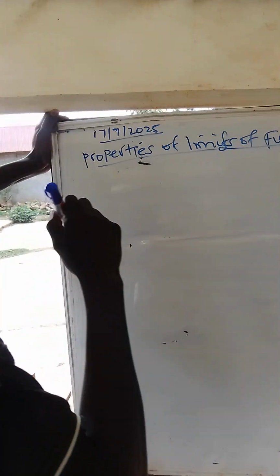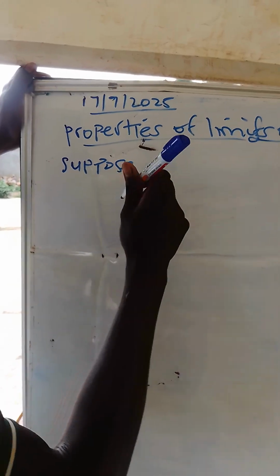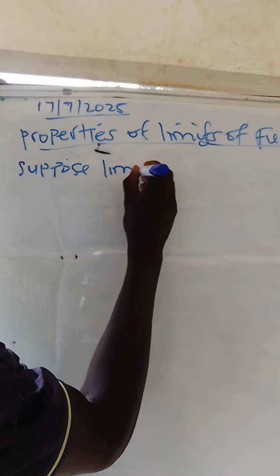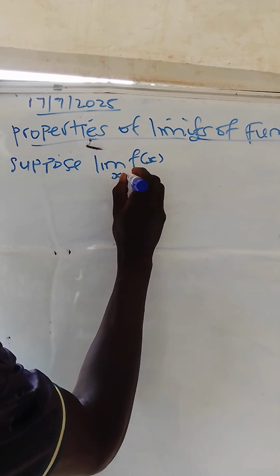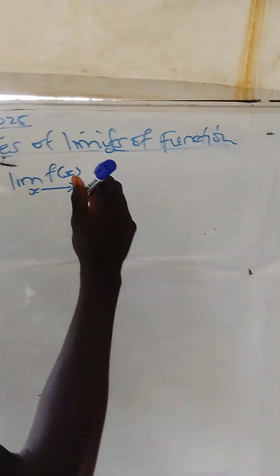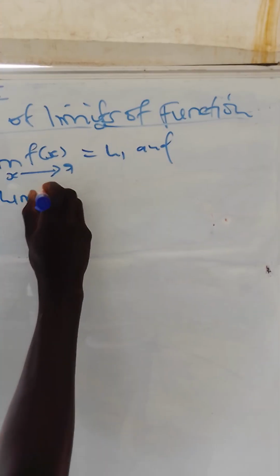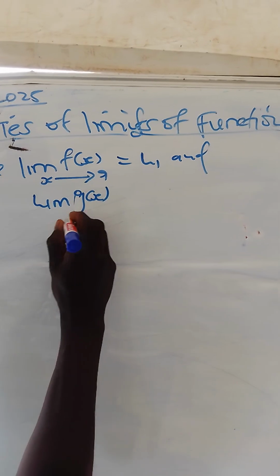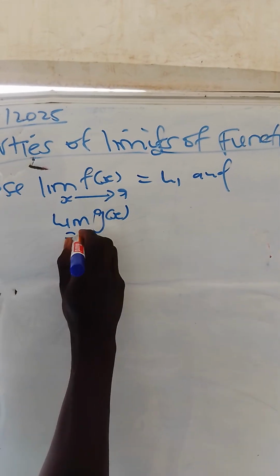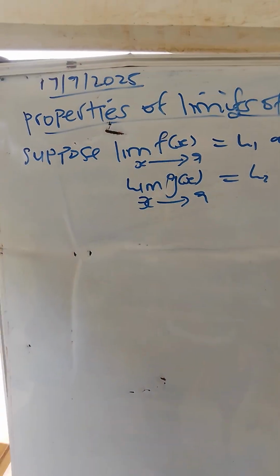So, for example, suppose the limit of a function f of x as x tends to a is the same as L1, and the limit of our function g of x for x tending to a is the same as L2. Now, like this example,